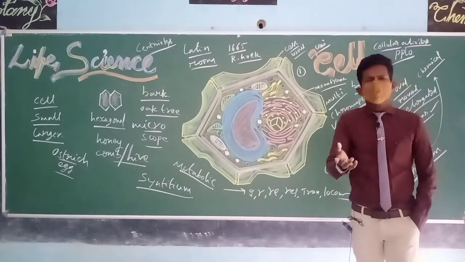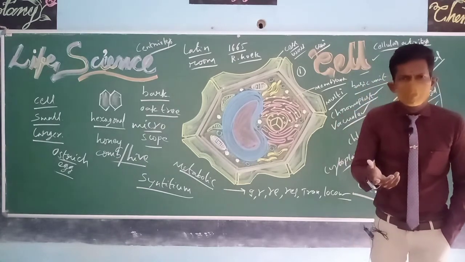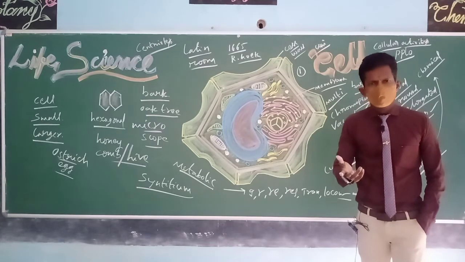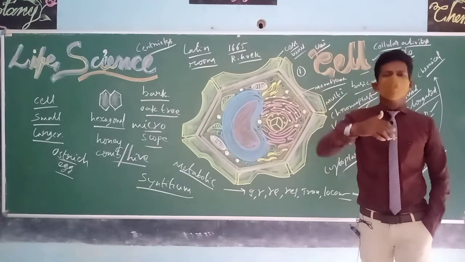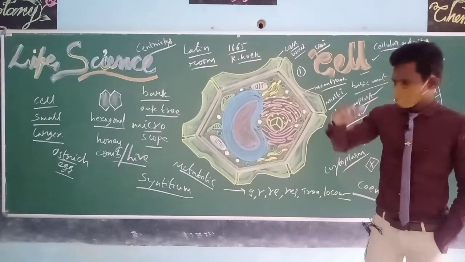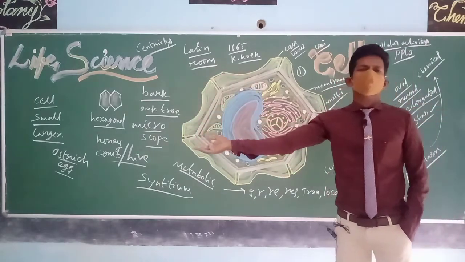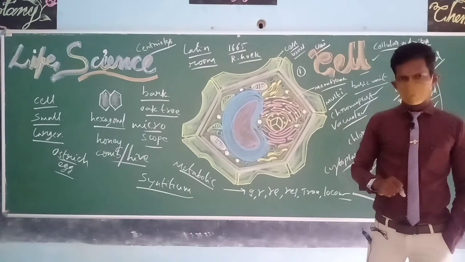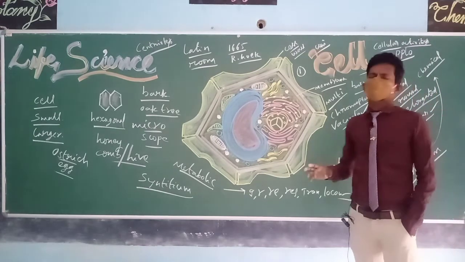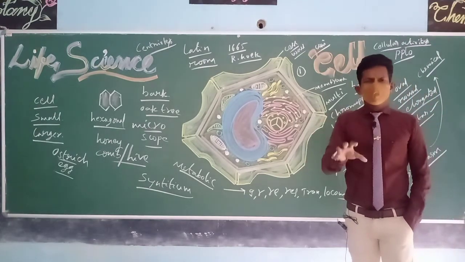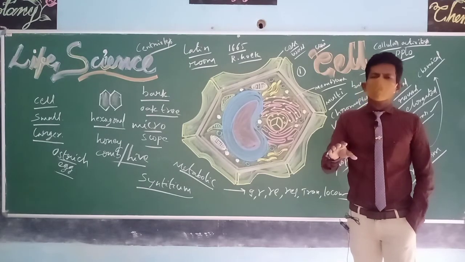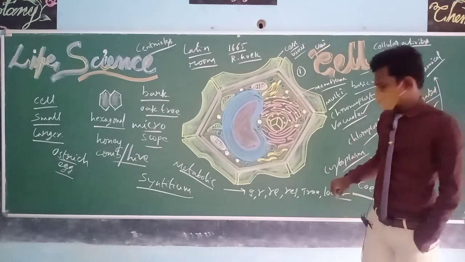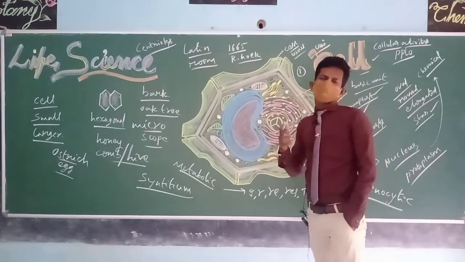We already know how we were born, from where we were born, in the sense, from our mother's womb. Yes or no? Our mother gave us birth. In the same way, new cells will be born from old cells, or old cells produce new cells. So Rudolf Virchow finally concluded this cell theory. These three statements come under cell lineage theory. Only two statements come under cell theory.